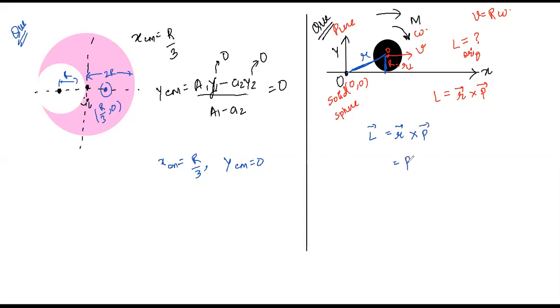So what can we write this as? r p sine theta, in terms of magnitude, right? So if this is r, and this is theta, what will this value be? r sine theta. That is why I was calling r perpendicular as r sine theta, the perpendicular distance from the origin. Are we clear with this now, Atul? Yes, sir.